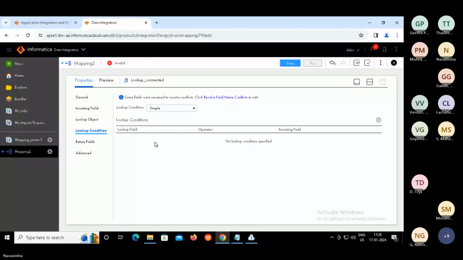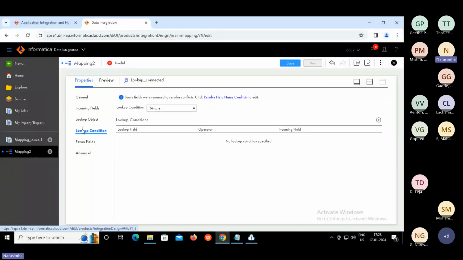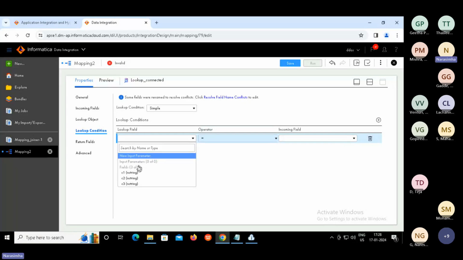So then this is done, right? And the condition we need to define. So resolve field names, put s1 underscore prefix, and click on plus here to add a condition.